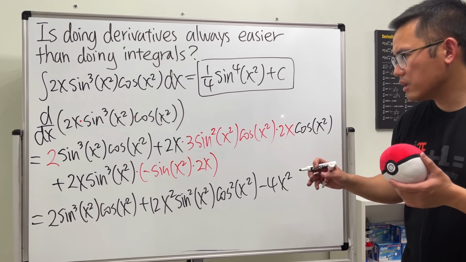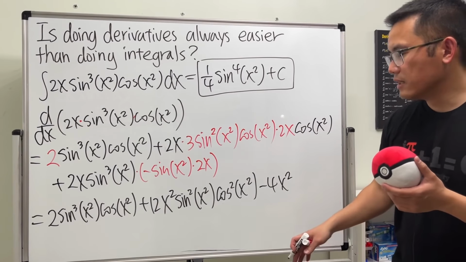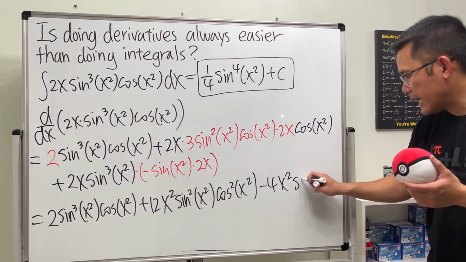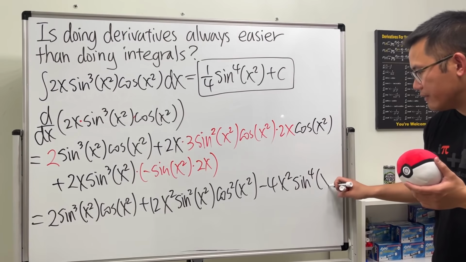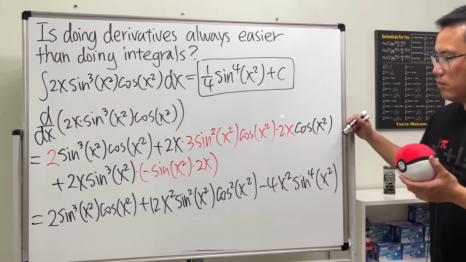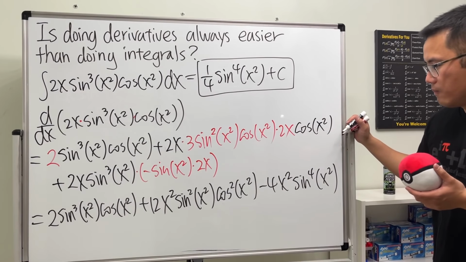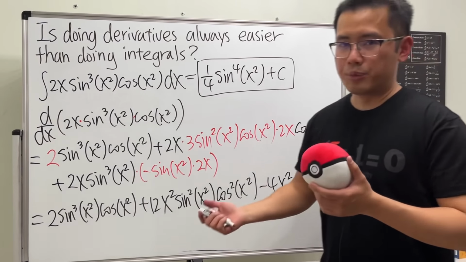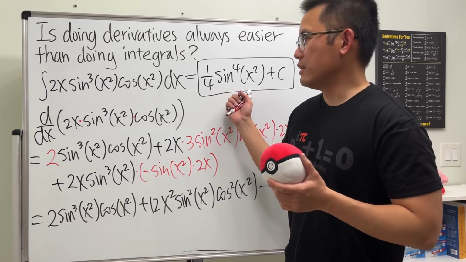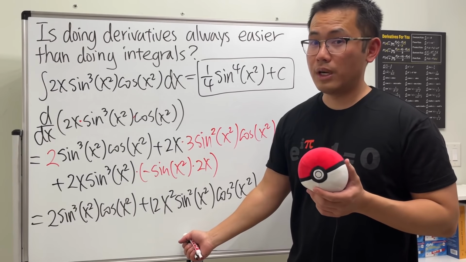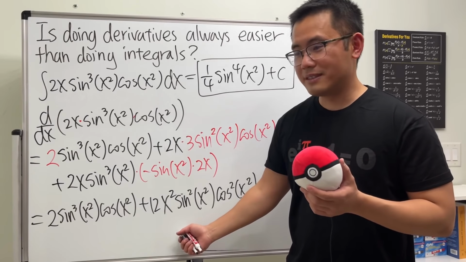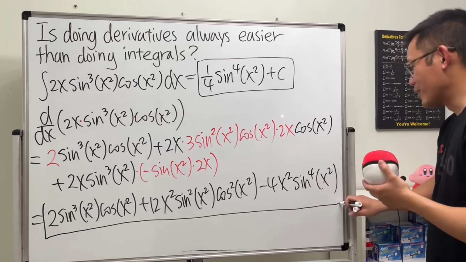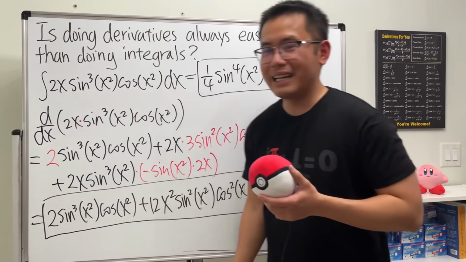Yes. And then sine to the third power times sine to the first power. Here we have sine to the fourth power, and then we have x squared. I hope this is not wrong. Well, if it's wrong, I can prove my point, because for sure this is not wrong. But if this is wrong, that means I didn't get it right. Oh, that's of course. If this is wrong, that means this is harder. That's why I didn't get it right. See? So I kind of hope that this is wrong, so that I can totally prove my point